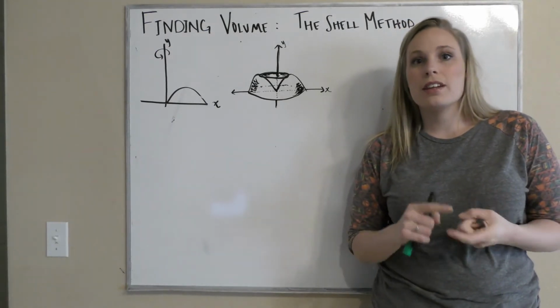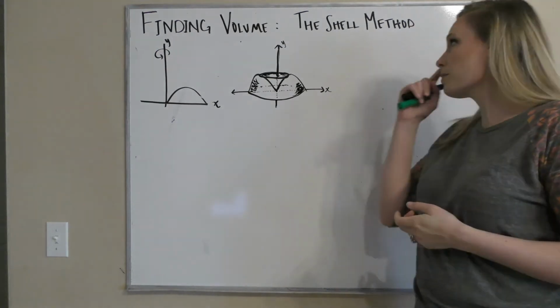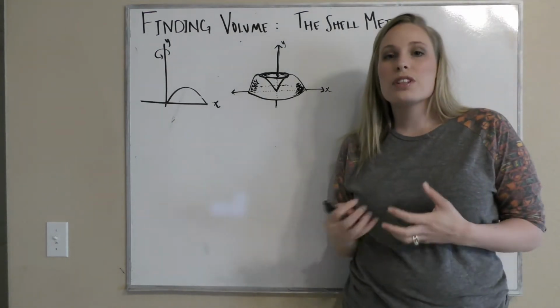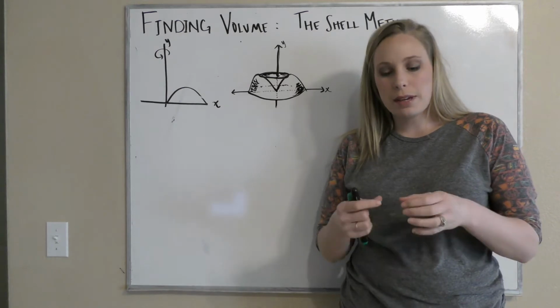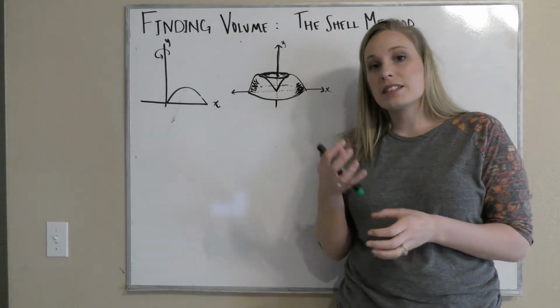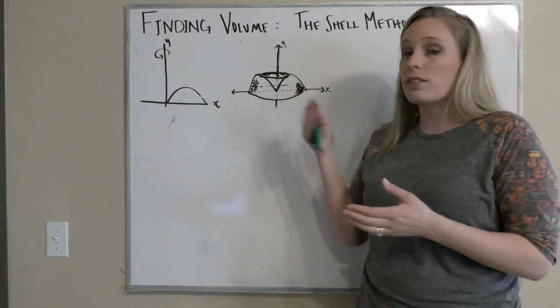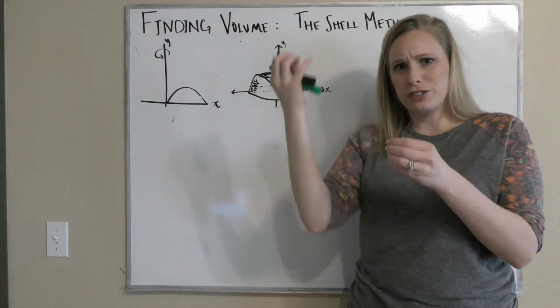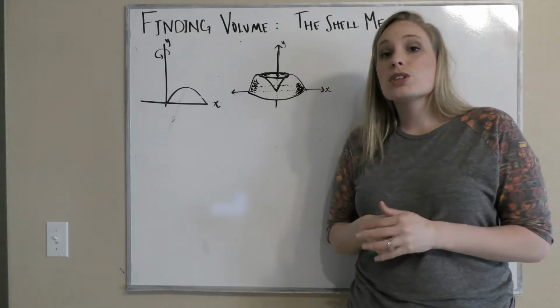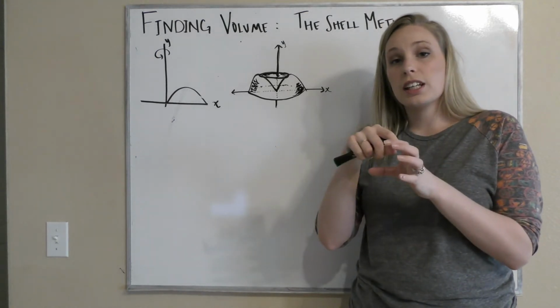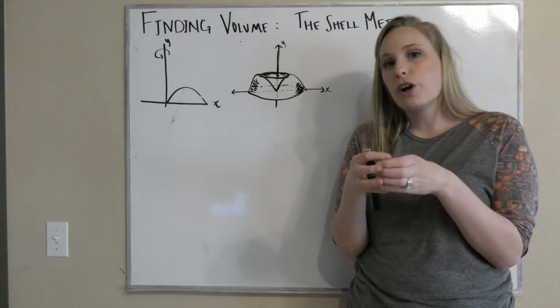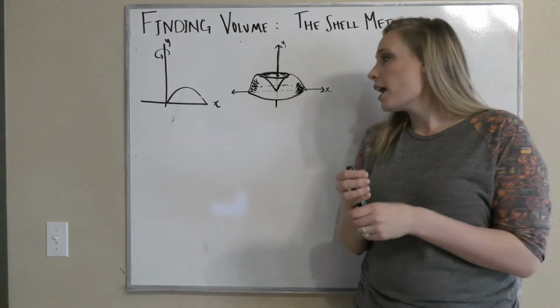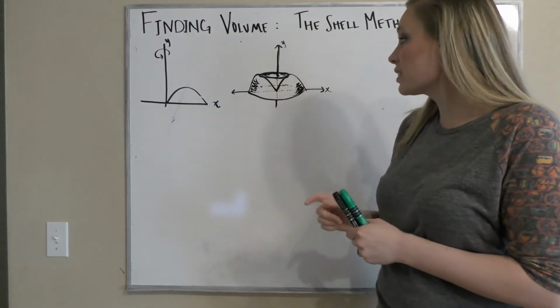We've talked about the disc method and the washer method, and now we're going to learn something called the shell method. What the shell method does is it literally makes a bunch of shells that it stacks inside of this. They're kind of like those Russian nesting dolls where you take off the head and there's another one in there, and there's another one, and another one. So that's what we're doing: we are making an infinite number of cylindrical shells, and we are creating this figure